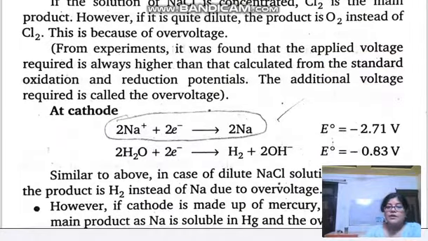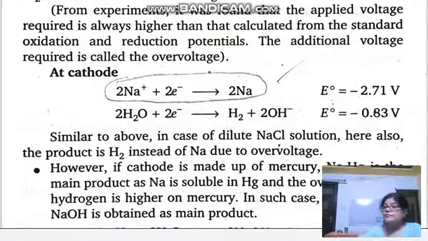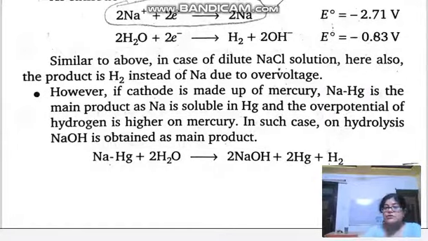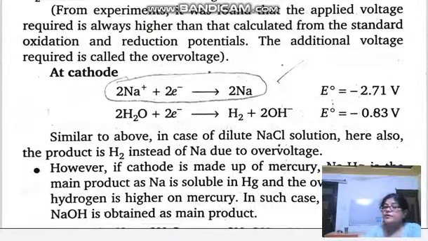Okay. Now at the cathode, what happens? Sodium has its electrode potential, this one. Now here water, here hydrogen goes to the cathode. So oxygen always goes to the anode and hydrogen goes to the cathode. That means because hydrogen is positive, it goes to the cathode. Because sodium is positive, it goes to the cathode. Clear? So similarly, in the case of dilute solutions, here also we get hydrogen instead of sodium. That means when the solutions are diluted, we don't get the metal. Clear?